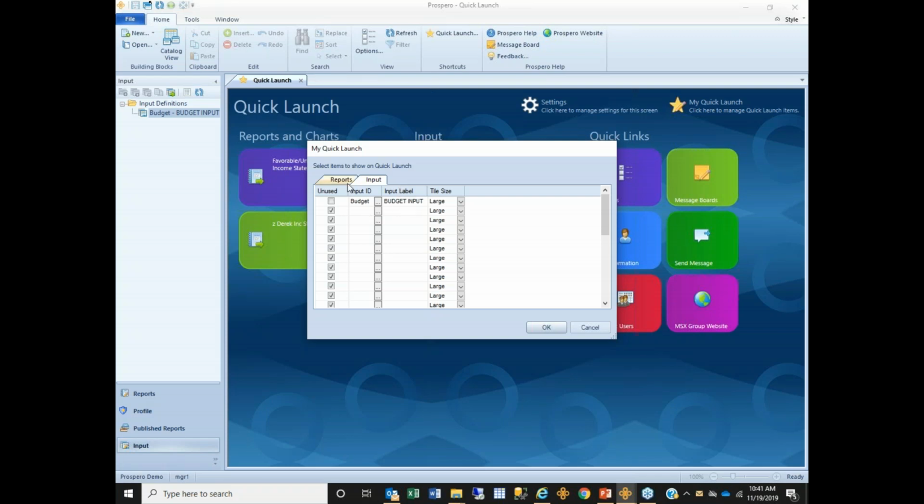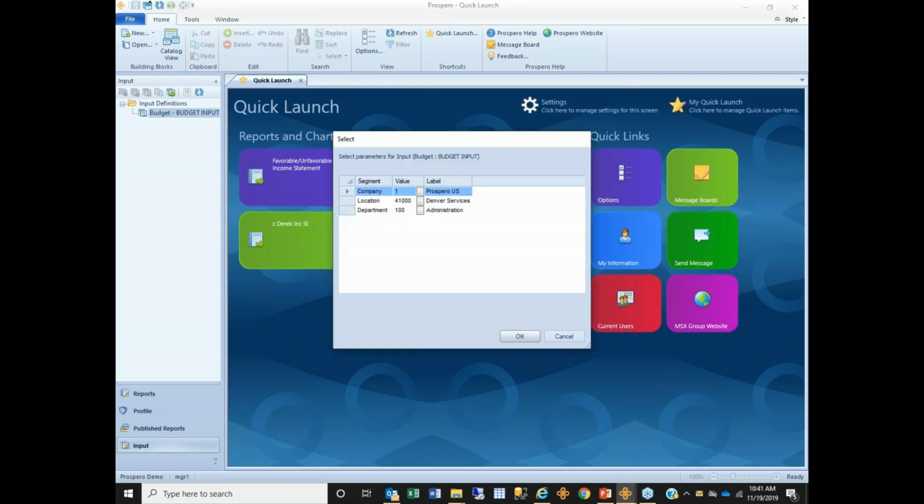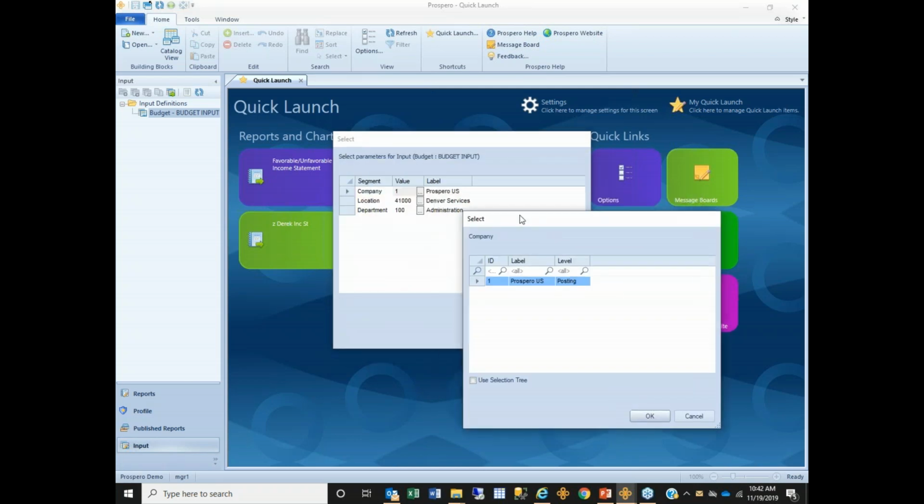So I'll be going full circle with some of those thoughts here. Let me begin by opening up this budget input. We have a very user-friendly window based on your user security. And let me take a second just to acquaint you further with our demonstration company's structure that may be similar to yours. We're in a multi-company environment where this user, as I look in this company pick list field, has